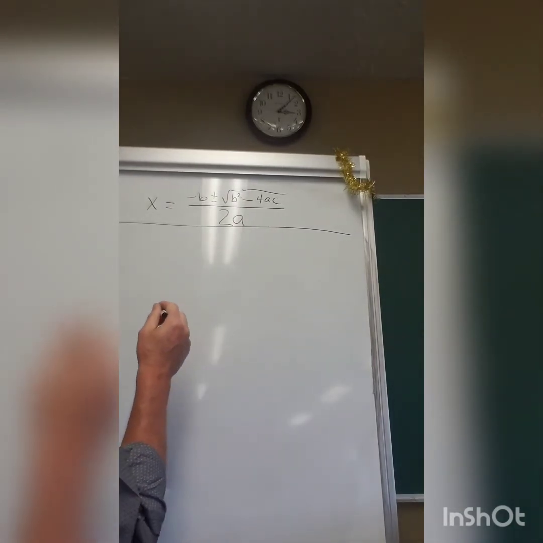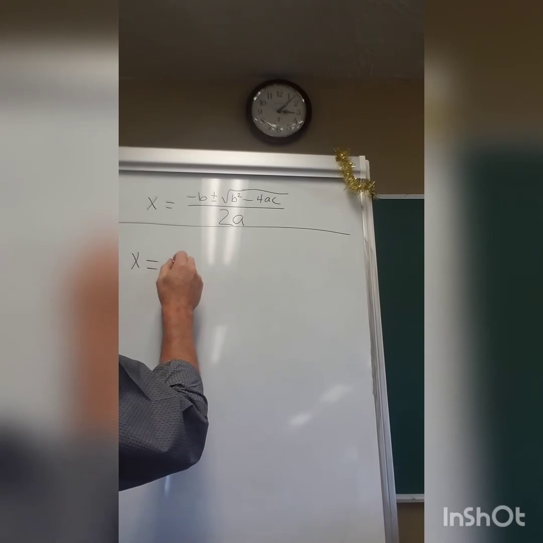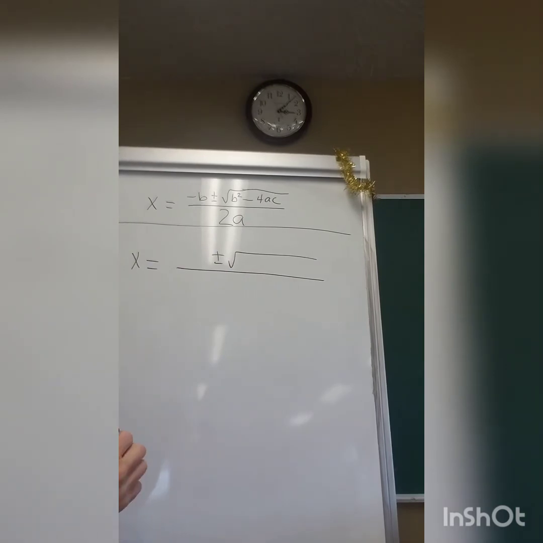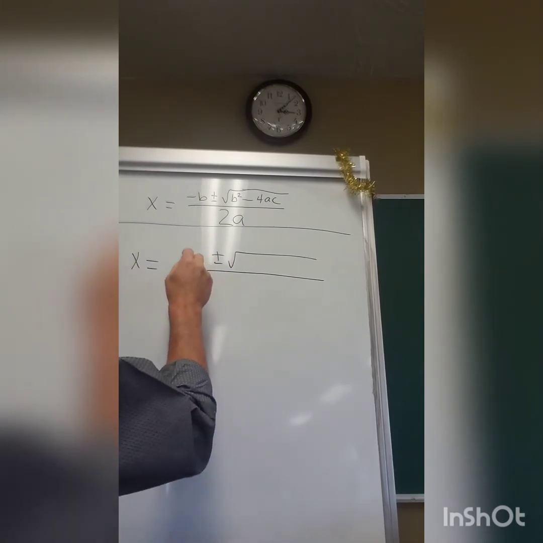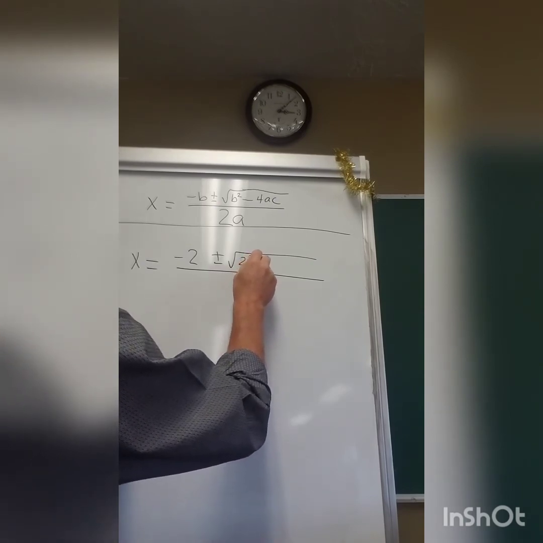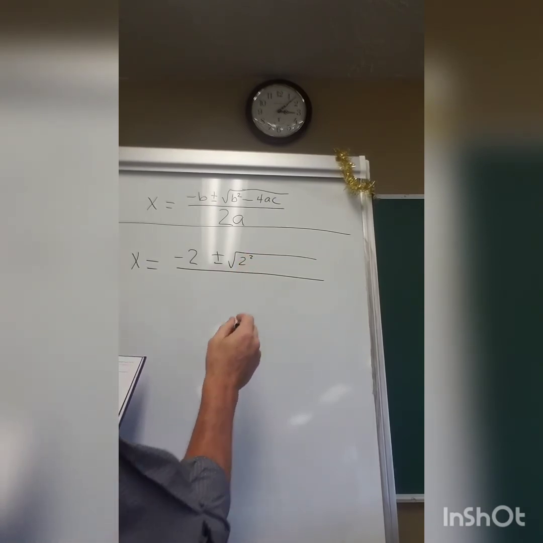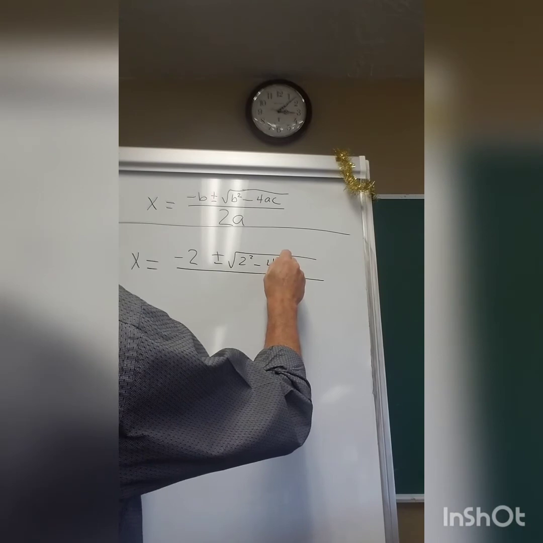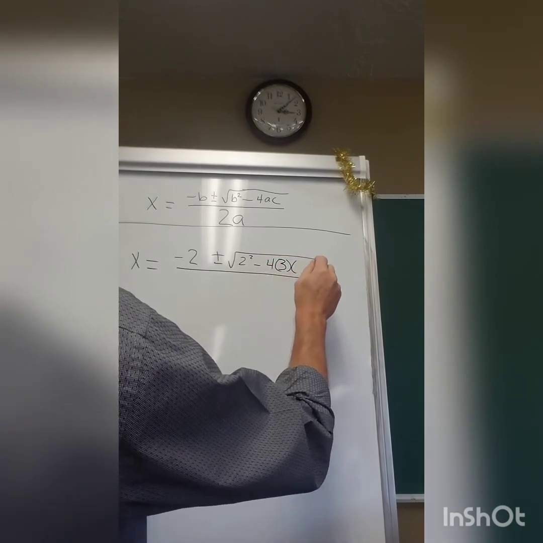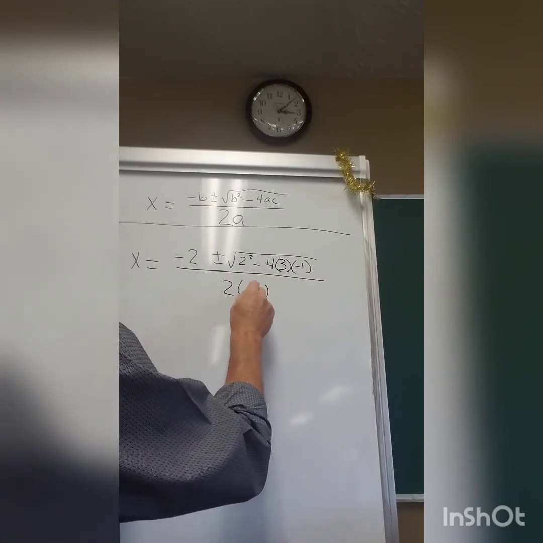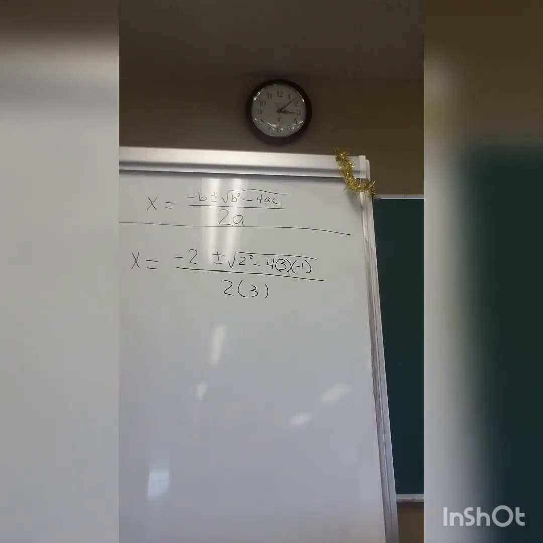So here's number 1. X equals negative b, so that's negative 2, squared, minus 4 times 3 times negative 1, and 2 times 3. And so when I solve that,